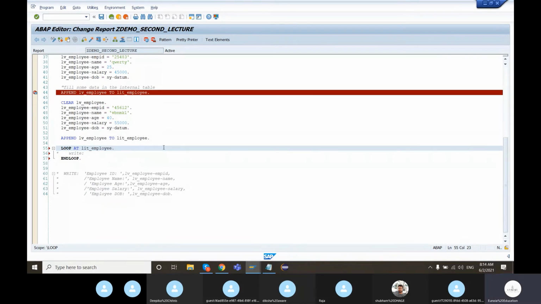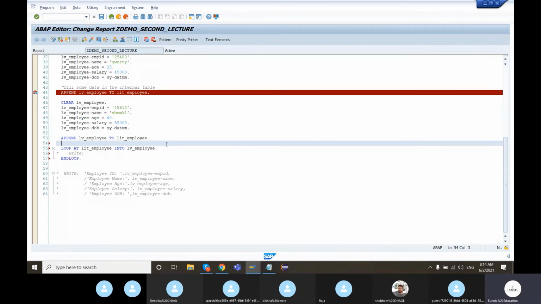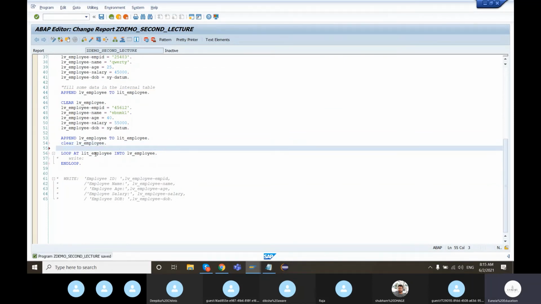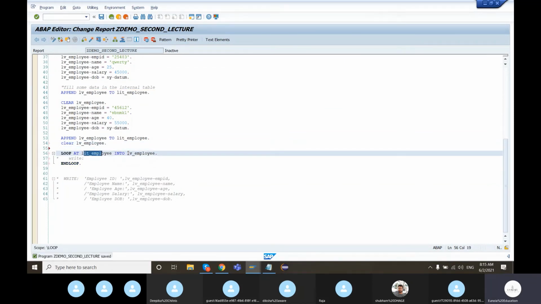So loop at internal table into LV employee. Clear LV employee here. The general idea is just loop at this internal table into.